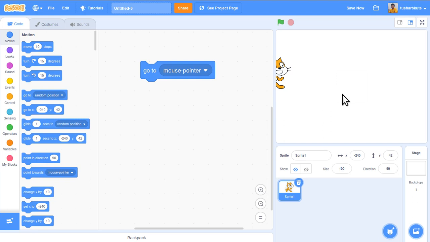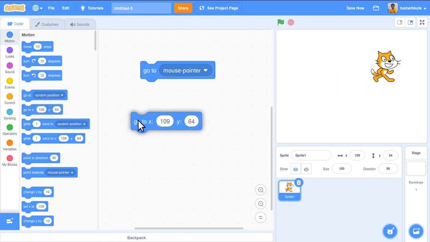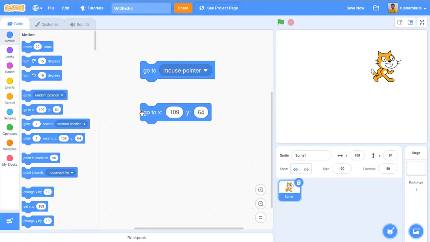Most of the time when the program is running, my mouse pointer can move anywhere over here, and wherever the mouse pointer is present, it will move to the mouse pointer's position. Okay, this is what go to random position does. Now if you want to move to a specific position, we know what x and y are, and how the x axis and y axis work. Horizontal is the x axis and vertical is the y axis. Forward is x positive, backward is x negative, upward is y positive, downward is y negative. Based on that we will be moving it.